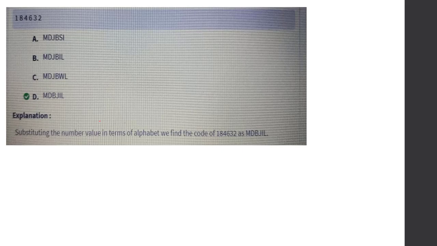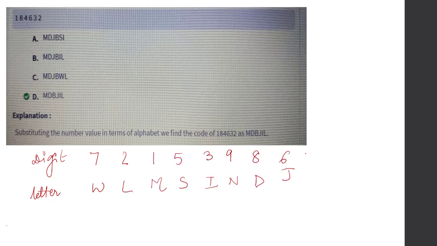Okay, now this question was slightly incomplete actually. I got this picture, and when I searched about this question, there were certain codes given with it, and this question is solved on that basis. The codes which were already given were like this. There was a letter representing each digit. So unless we have this table with us, where the digits and the letter information have been given, we will not be able to solve this question.